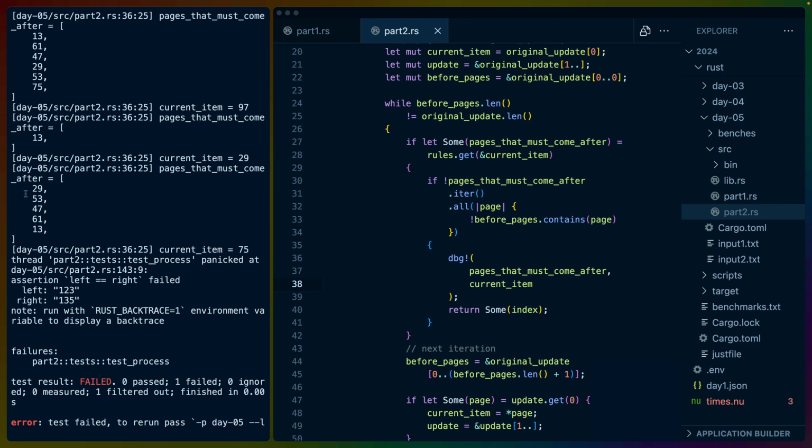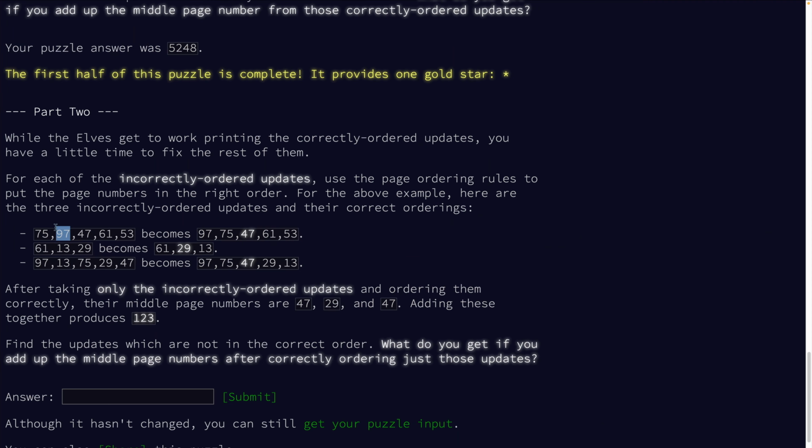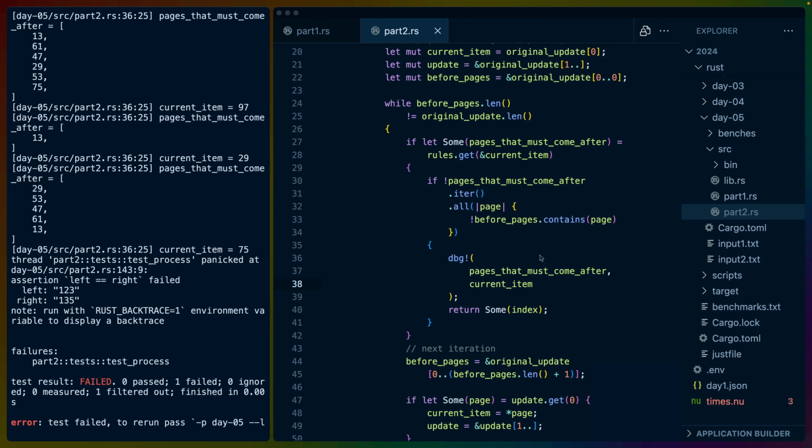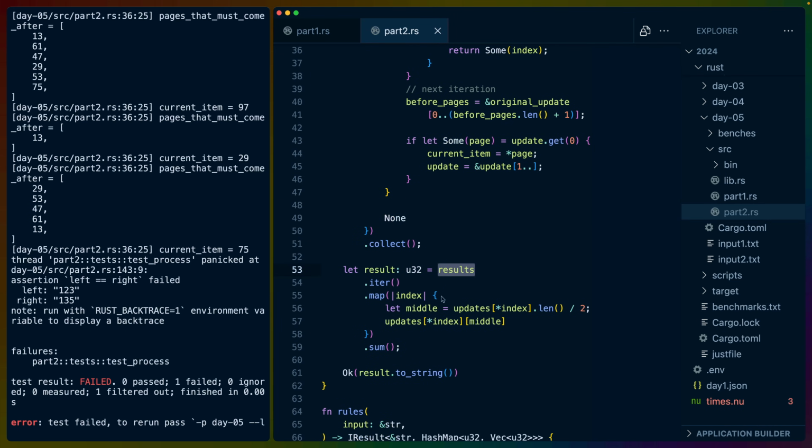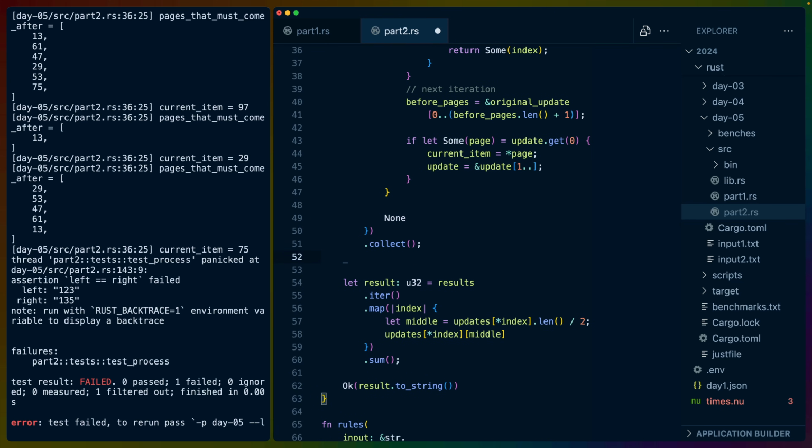And 75, 47, 13 must come after. I think we actually do need to sort this. So we get all the indices, right? We have all the indices for all the issues. This is getting the middle point. So let's do